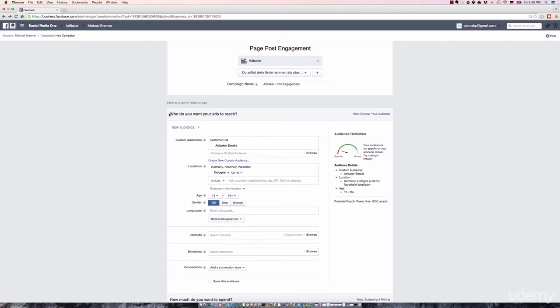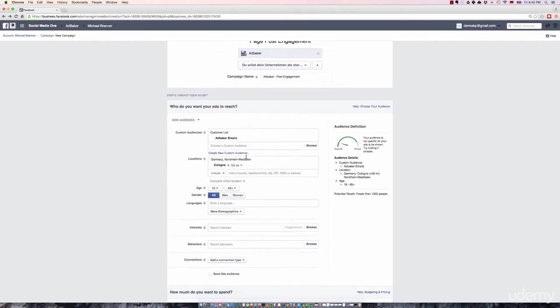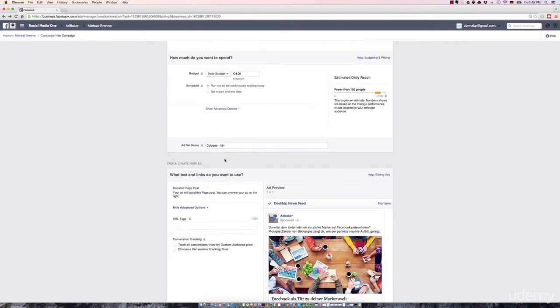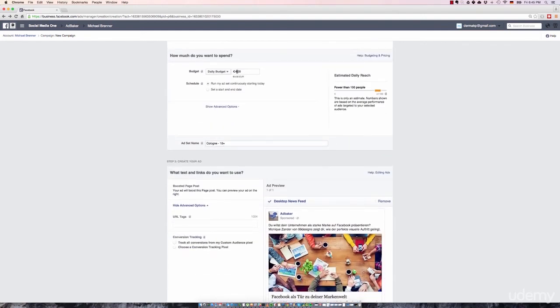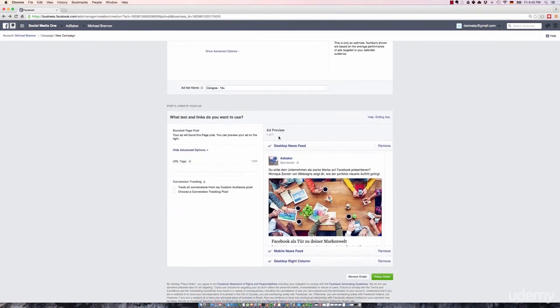Select the campaign objective boost post, select the post that you want to send paid traffic to, then include the custom audience that you want to target, specify it if it's really necessary, get started with $4 or $5, $10, $20, it's completely up to you, and then just place an order. It's really as simple as that, and that's really the best way to give your content more exposure and to drive more people to your products and services.